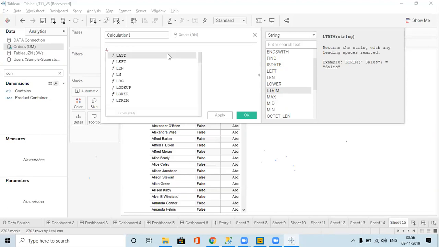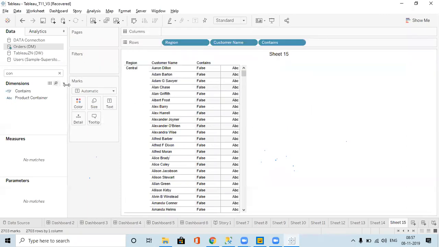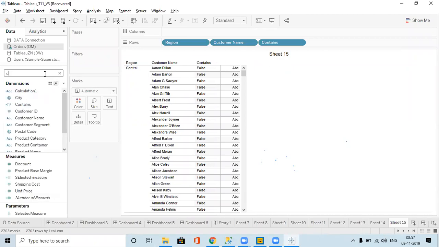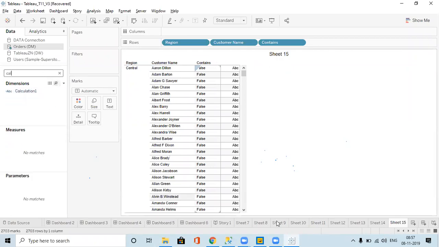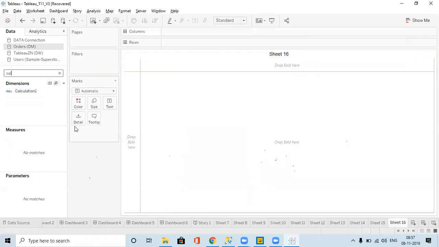If I give LTrim of a string with some spaces and then some name, LTrim will remove the spaces only on the left side.